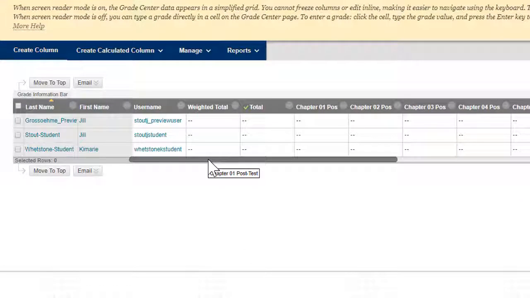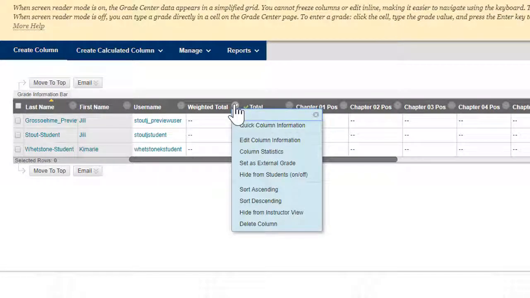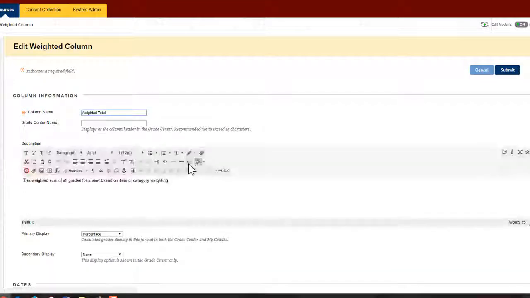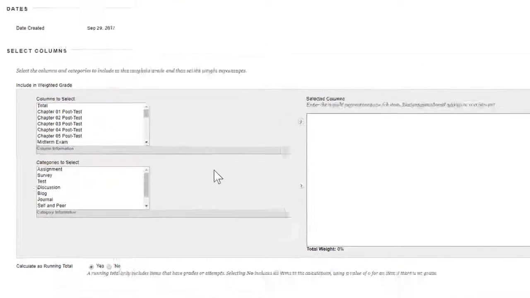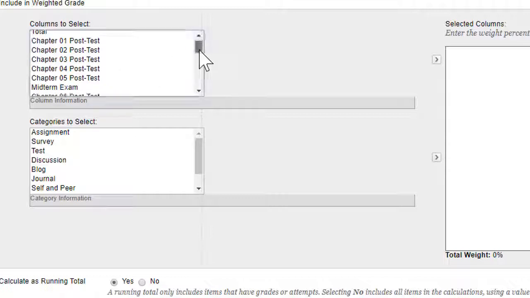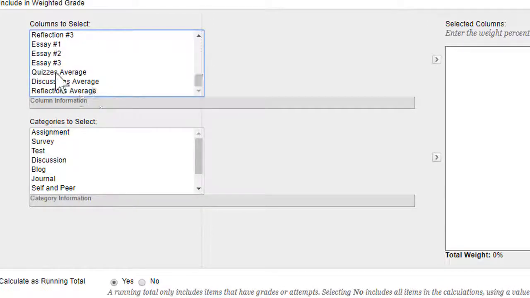There you already have a default weighted total column, and in order to edit this, click the drop down arrow and go to Edit Column Information. Now we need to select which columns we want to include in our weighted grade. I don't want any of these chapters because they're already averaged together in this quizzes average.